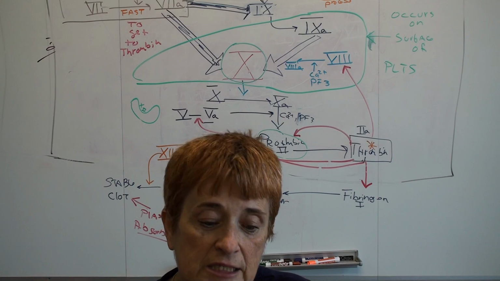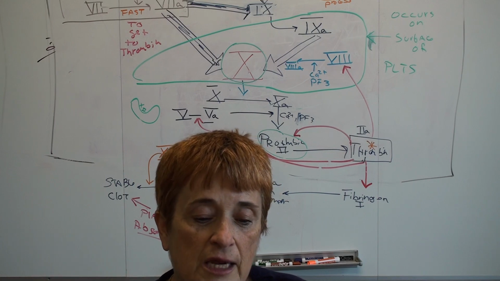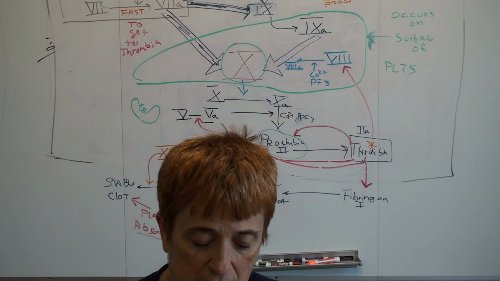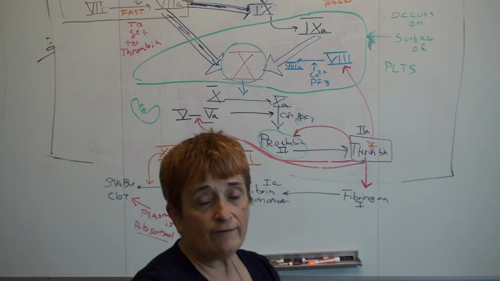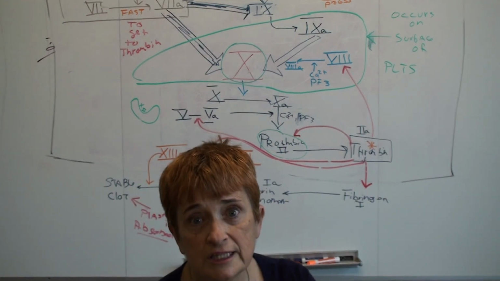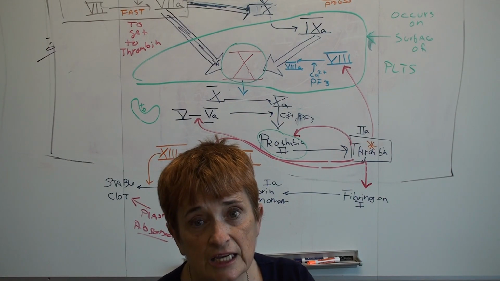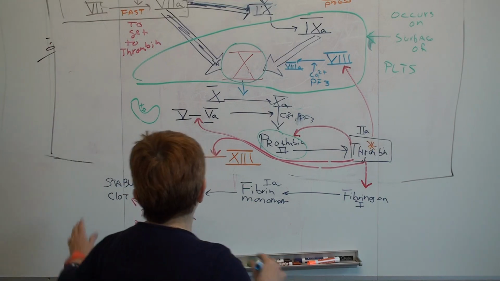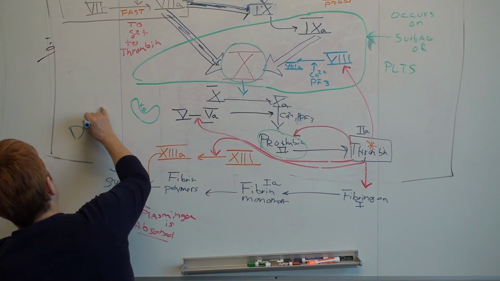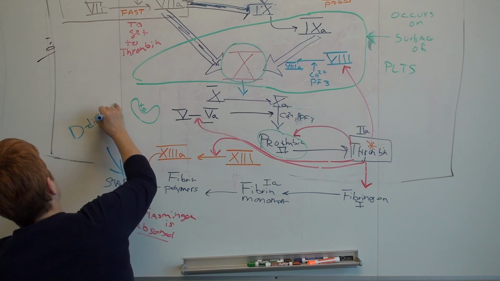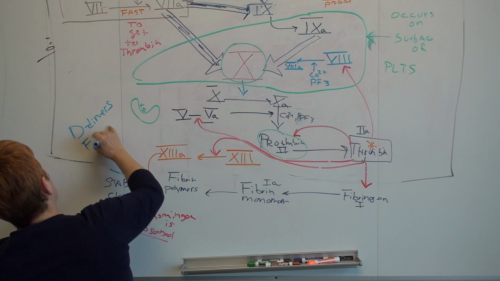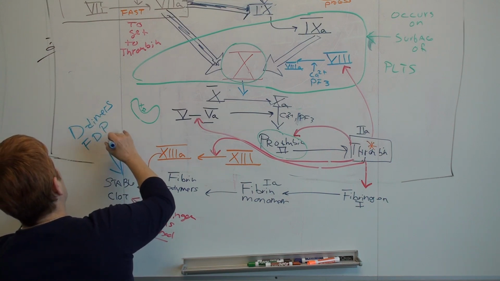It's enzymes that are cleaving all this, and one of the tests, I guess I should put that down here, one of the tests that we are looking for to see this process is going to be your D-dimers, FDPs, fibrin degradation products,